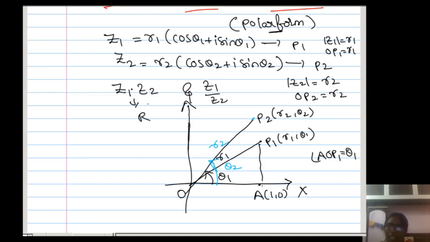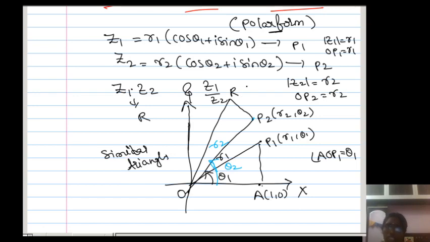Okay. Now what is our product? Z1, Z2. So geometrically, I can take the Z1, Z2 figure like this. If you draw R here, I want to make a line such that the triangles AOP1 and P2OR are similar triangles. We are drawing OR to form a similar triangle. Similar triangles means the equality conditions are satisfied.